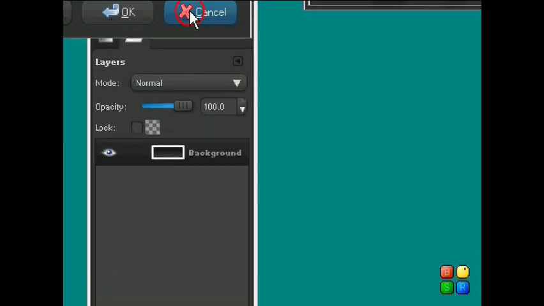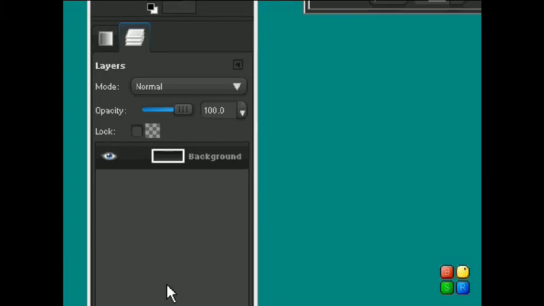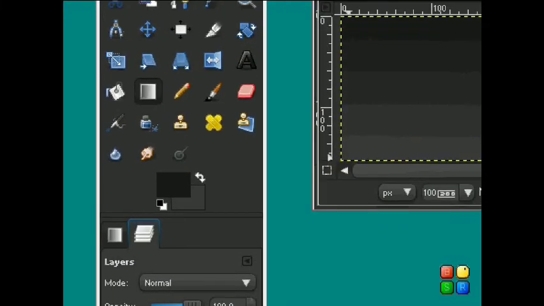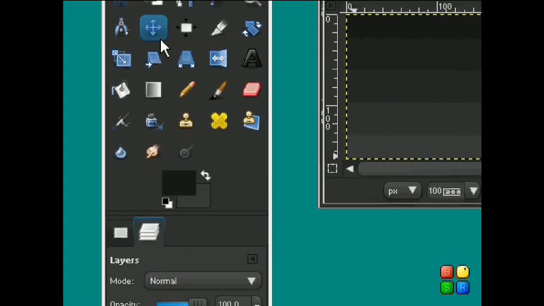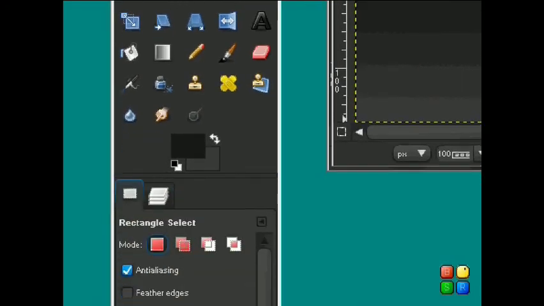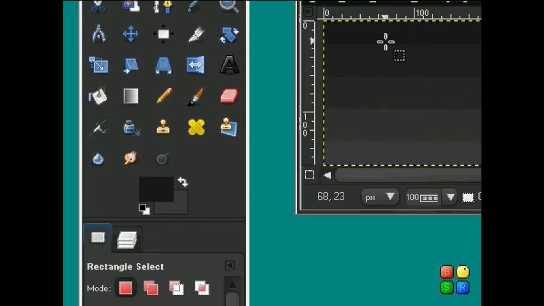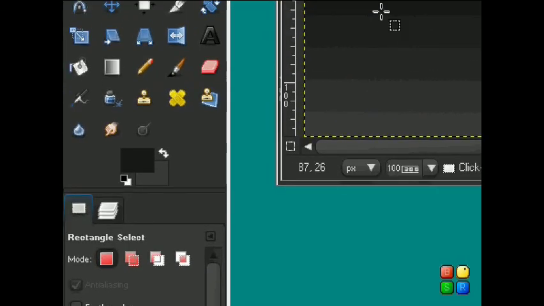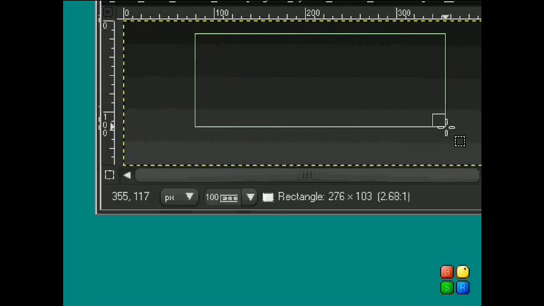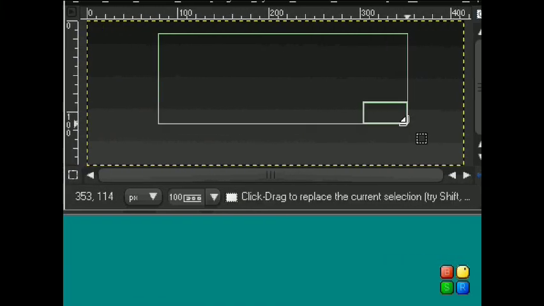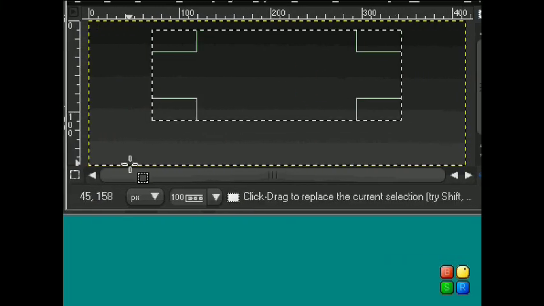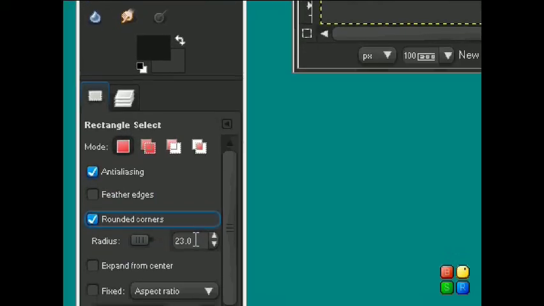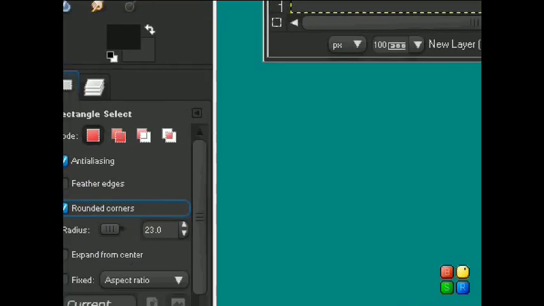And we're going to create a new layer, and we're going to take our square select tool, and with the mode, make sure the mode is set on replace the current selection, and just make a selection near the center of your image like this. Now we're going to come down to rounded corners, and we're going to round the corners by a radius of 23,